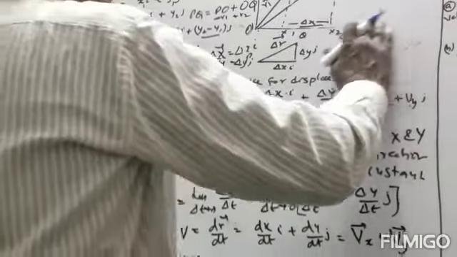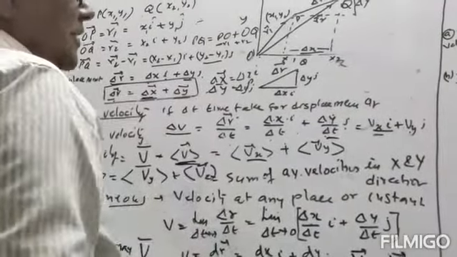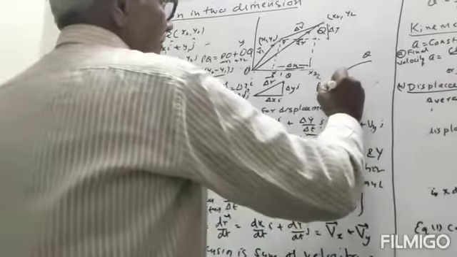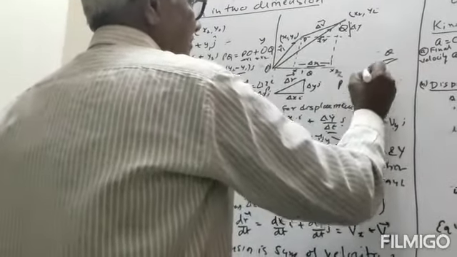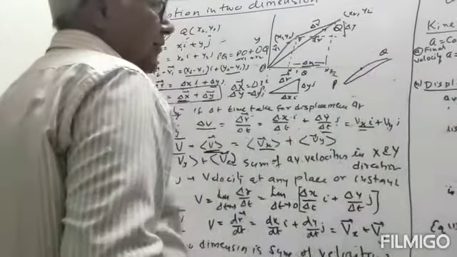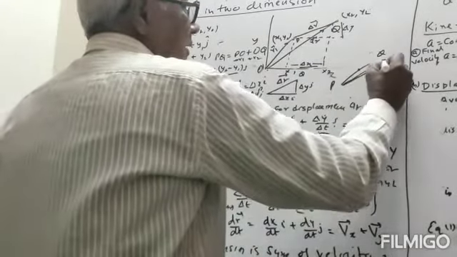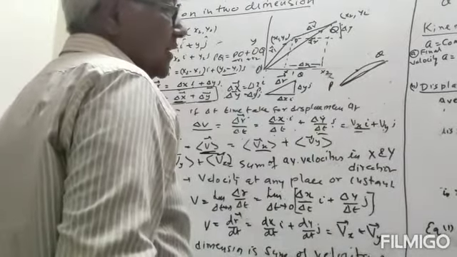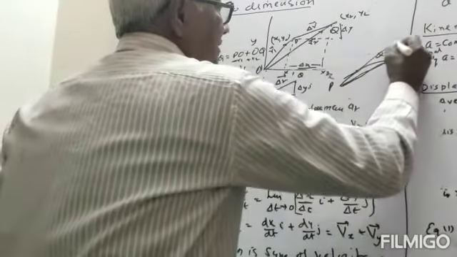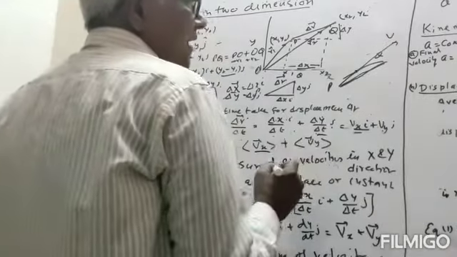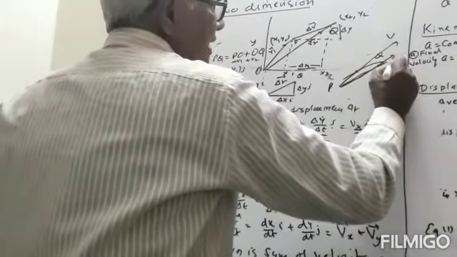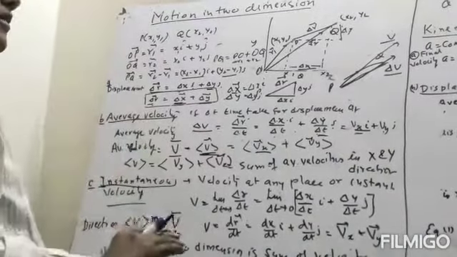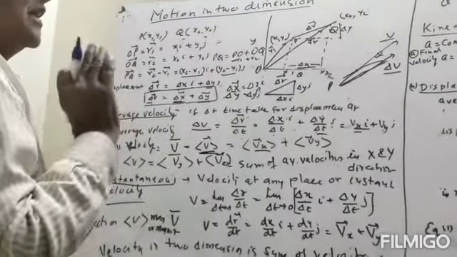So how do we find the instantaneous velocity? Suppose this is PQ, and we have to find the average velocity. Then average velocity will be PQ divided by delta t. And suppose we want to find the velocity at this point, then we have to find a tangent, and this will give the instantaneous velocity, and this is the direction of delta v. The direction of delta v and v may be equal, but generally they are not in the same direction.